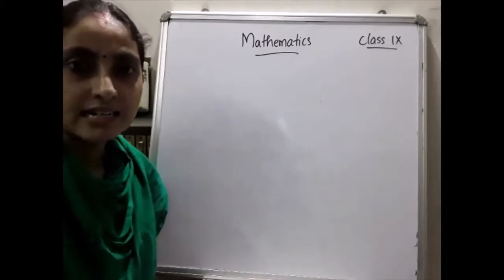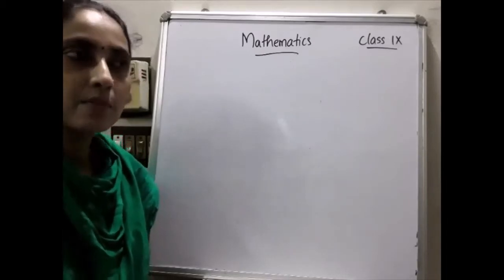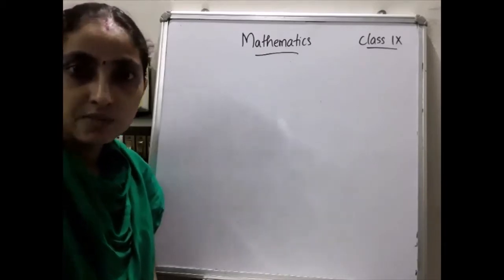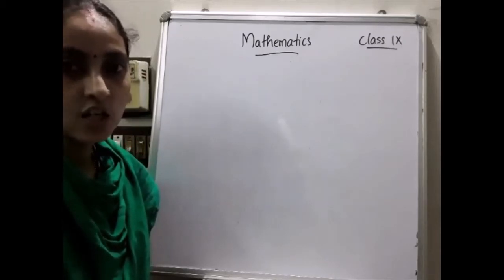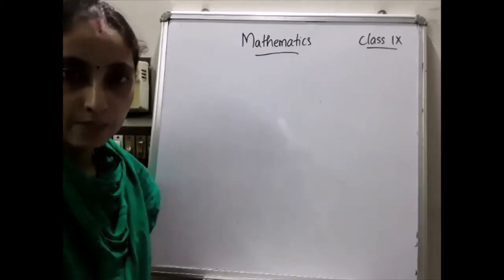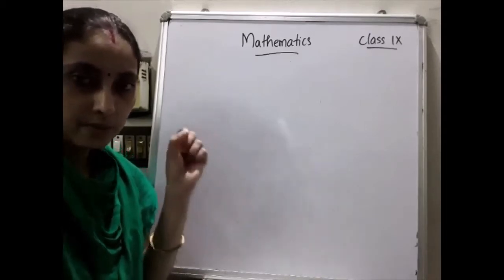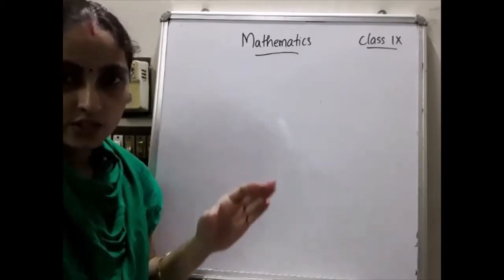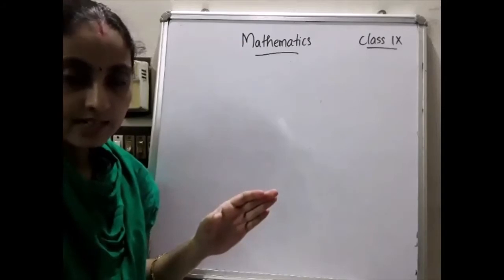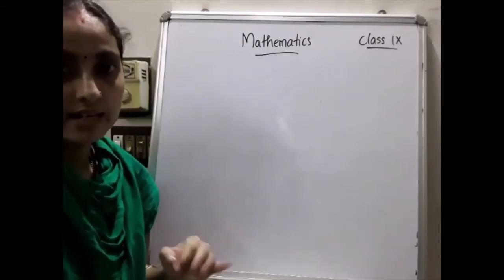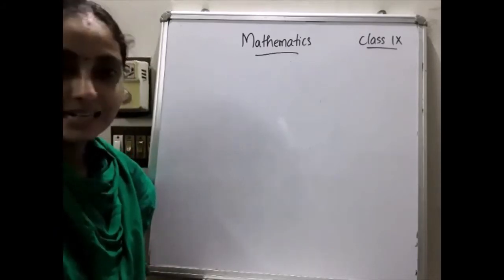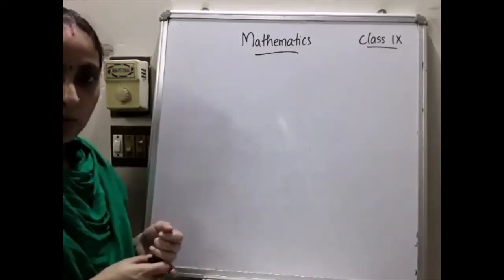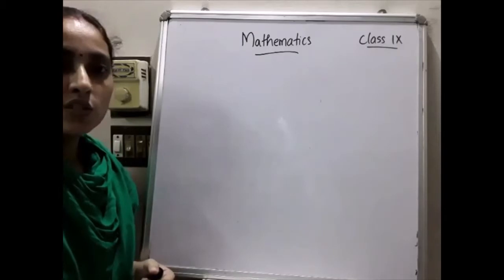Just listen here carefully. Before that, can I ask what is the midpoint theorem? The line segment joining the midpoints of two sides of a triangle is parallel to the third side and half of it. That is the midpoint theorem. Now the problem. So shall we start?